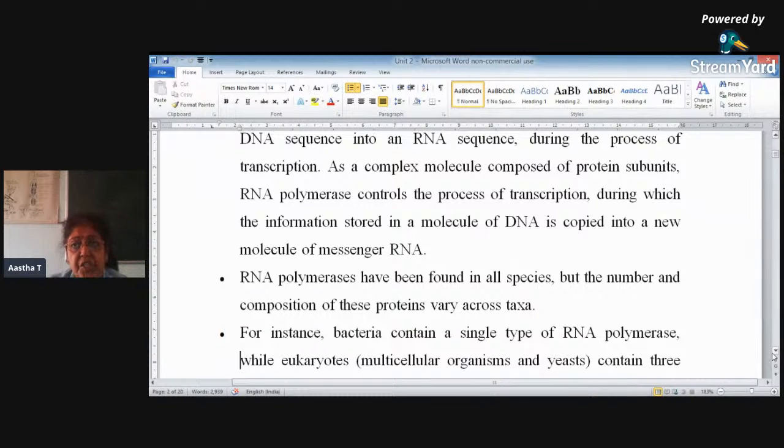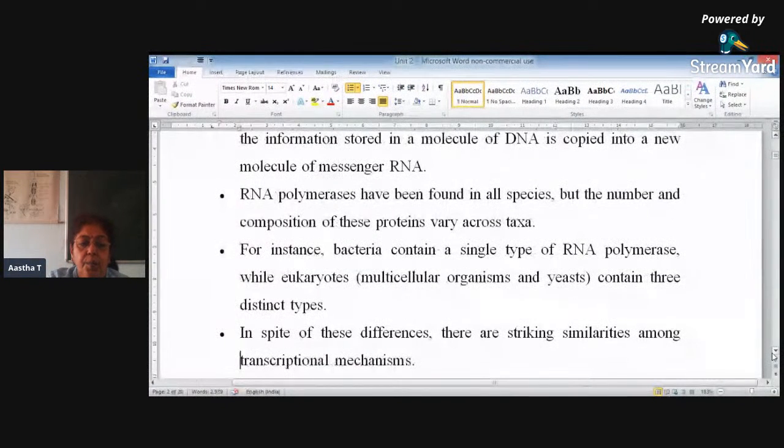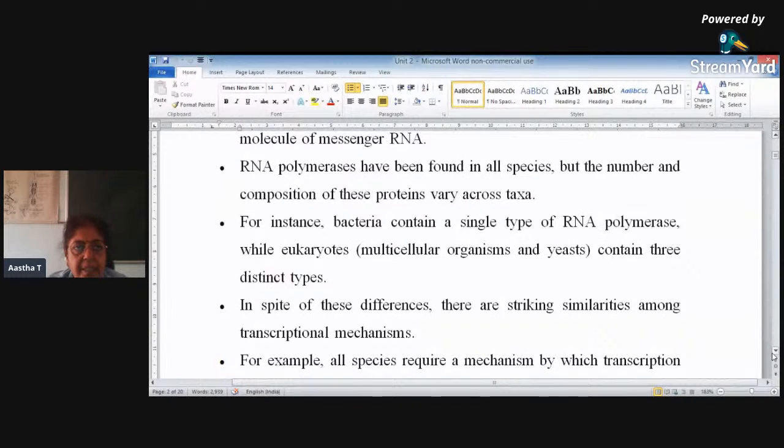जर आपण कॉम्पोजिशन बघितलं या आर एन ए पॉलिमरेजच्या नंबर ऑफ अमायनो ॲसिड्स किंवा त्याचं कॉम्पोजिशन ऑफ द प्रोटीन्स बघितलं तर वेगवेगळ्या ऑर्गॅनिझम्समध्ये थोडाफार फरक असू शकतो. बॅक्टेरिया कंटेन अ सिंगल टाईप ऑफ आर एन ए polymerase, but eukaryotes, that is all multicellular organisms, and yeast, they contain 3 types of RNA polymerases. But basic त्यांच्यामध्ये काही सिमिलॅरिटीज जरी ते वेगवेगळ्या टाईपचे असले तरी देर इज सम कॉमन सिमिलॅरिटी बिटवीन ईच टाईप ऑफ